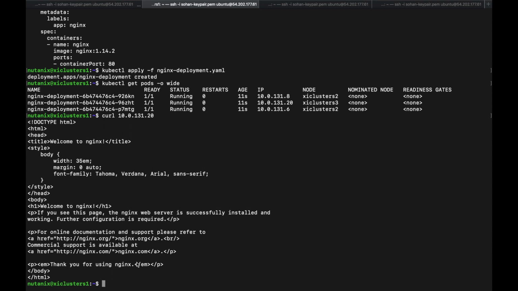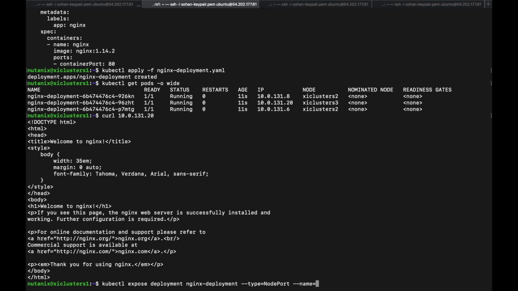So let's first expose our deployment using a service. We'll use the kubectl expose command. We'll have the type as node port, and we'll have to name this service.